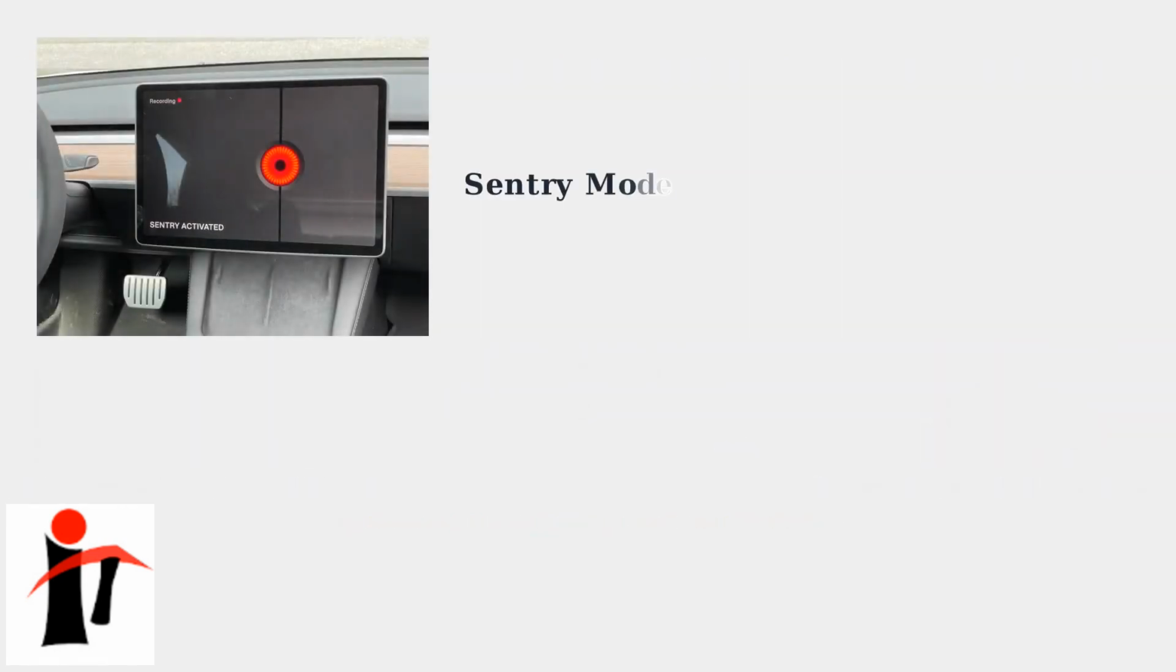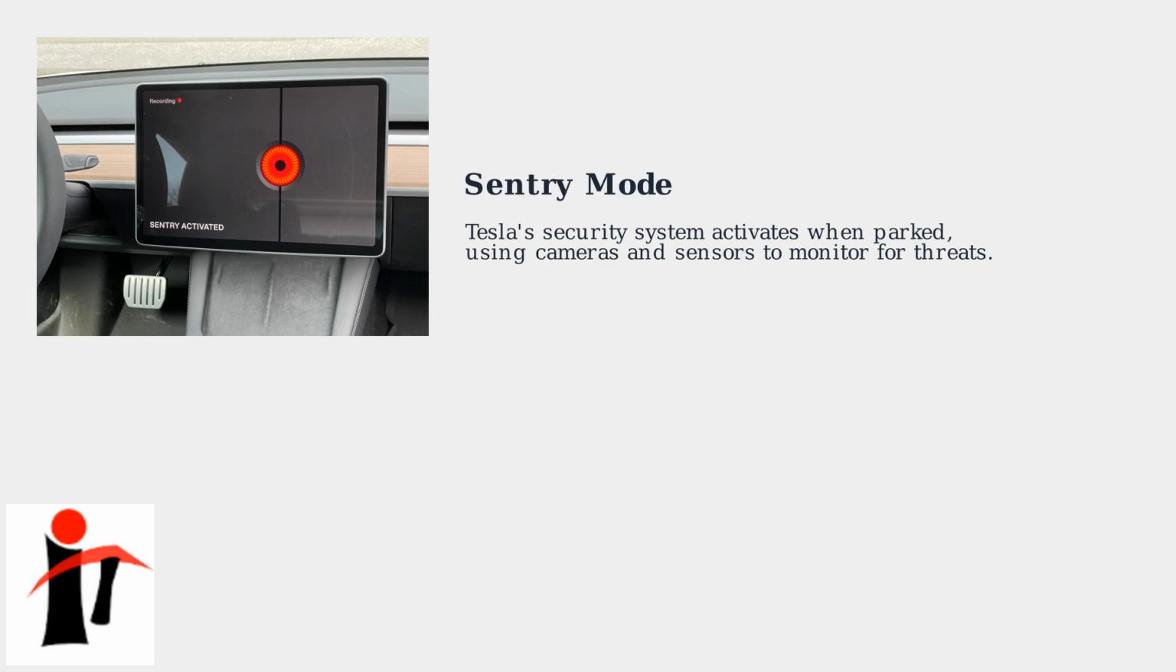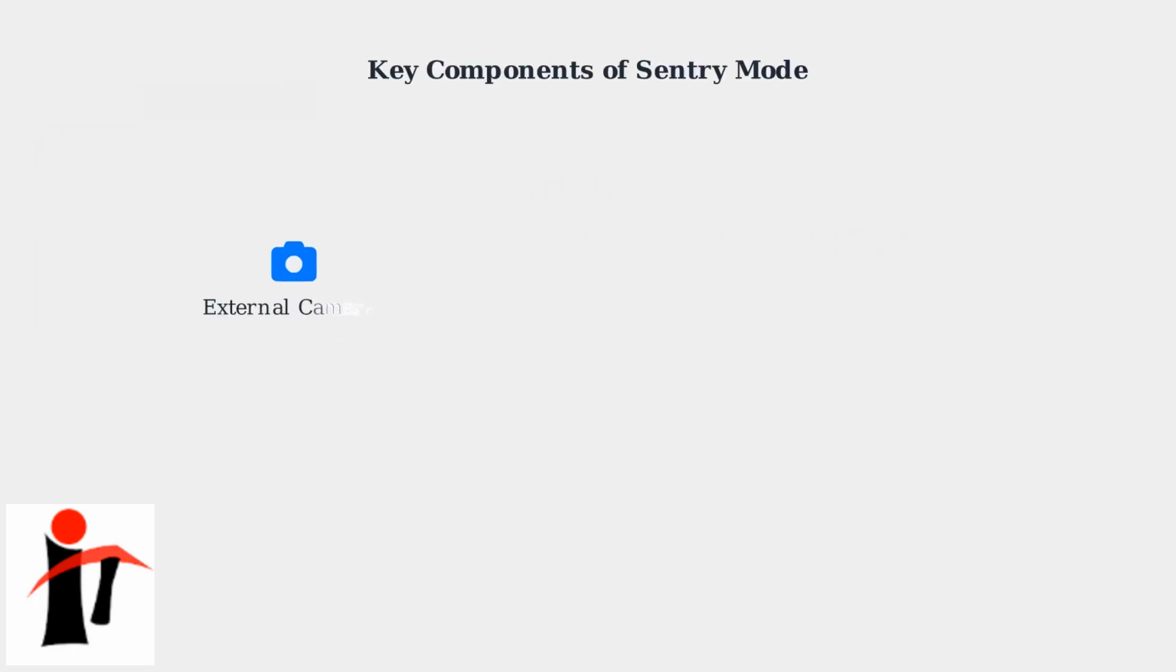Sentry Mode is Tesla's active security system that activates when the vehicle is parked. It uses external cameras, microphones, and, in newer models, ultrasonic sensors to monitor for potential threats around the vehicle. The system relies on several key components. External cameras capture video footage, microphones detect unusual sounds, and ultrasonic sensors, added in 2024 model refreshes, help detect motion